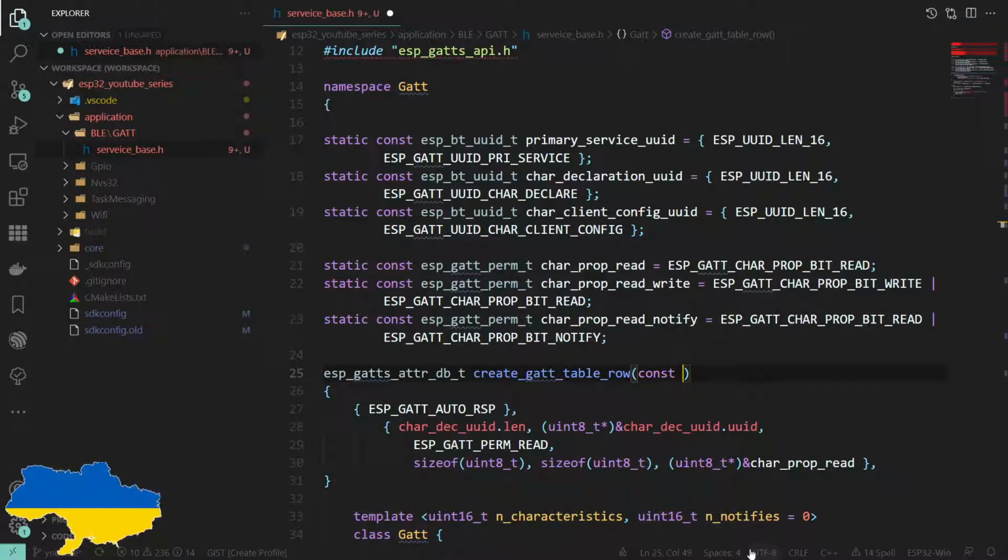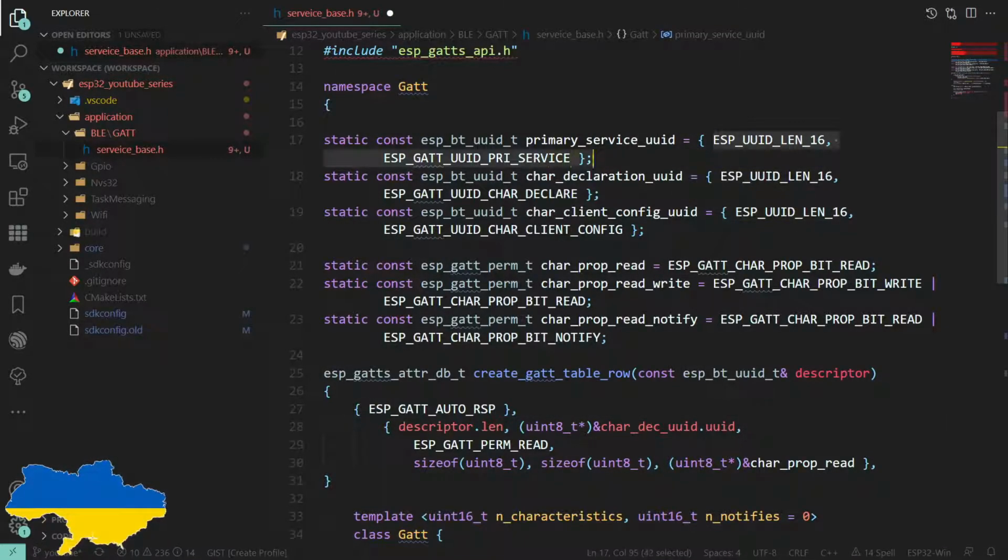So we'll do a const, this is going to have to go in by copy, but we can do a const ref to descriptor. Let's just call it descriptor for now. And we want descriptor.len, which isn't a standard pair because it's C. It's just a struct that contains len, and then a union of the different UUIDs it could be depending on the length.